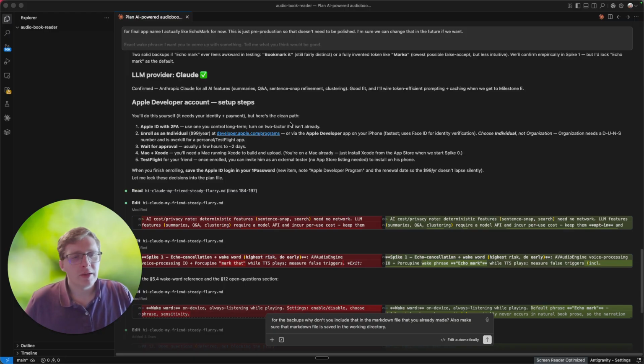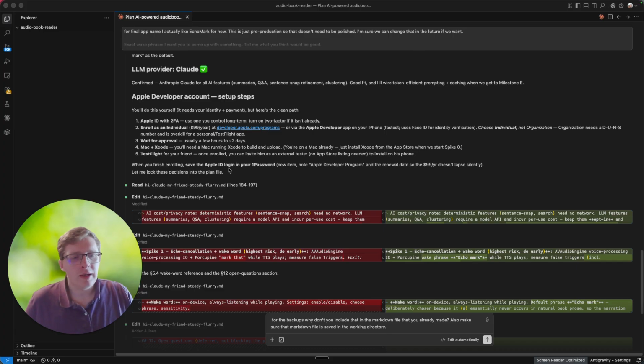You'll do this yourself, but here's the clean. Yeah, so when you finish enrolling, save the Apple ID login in your 1Password. So 1Password. For all my personal stuff, I use the password app that Apple gives. I think it's fantastic. But for all of my developing stuff, I don't want a bazillion passwords in there. And some things get used in various accounts, like maybe something like Supabase would be used in 70% of my projects or something, right? So 70% of my passwords in that instance, they're not even my passwords. They're for the project I'm working on, and then I don't touch the project again. So I use 1Password